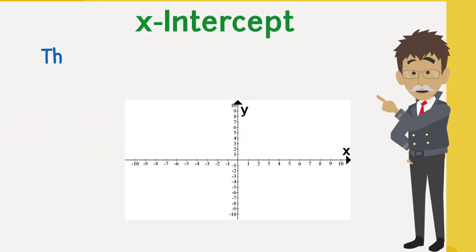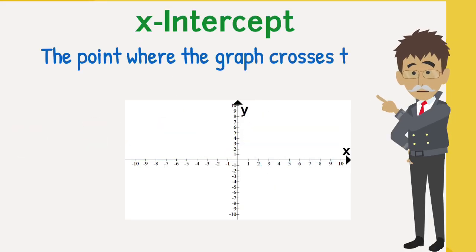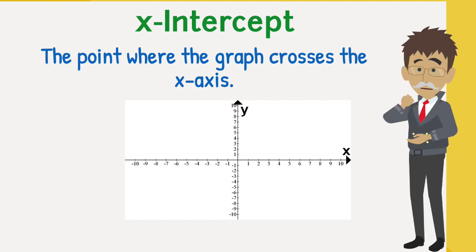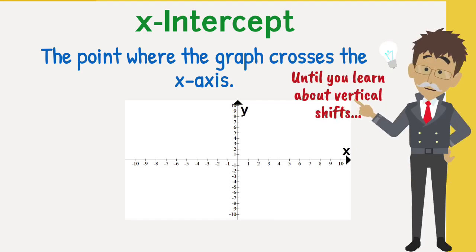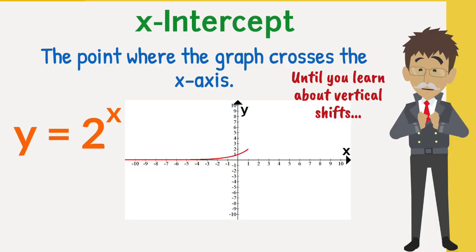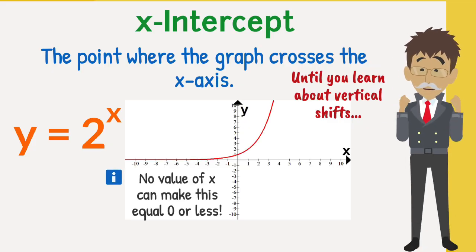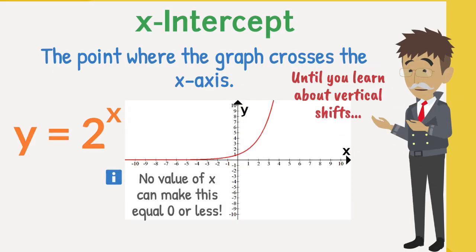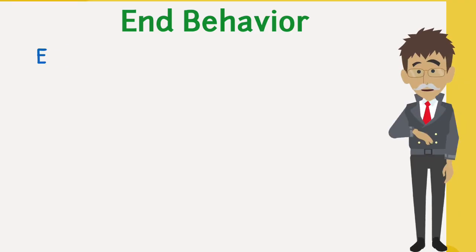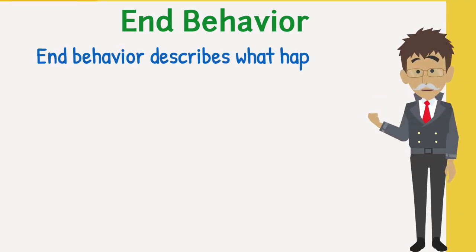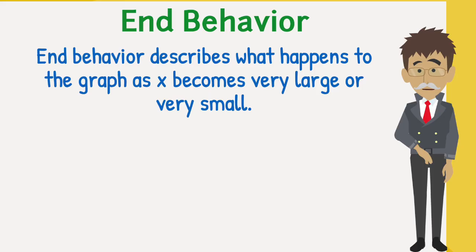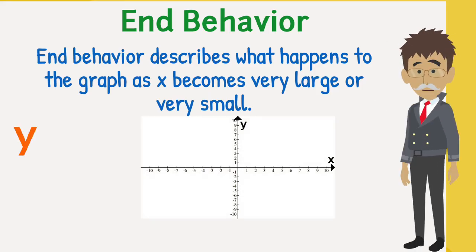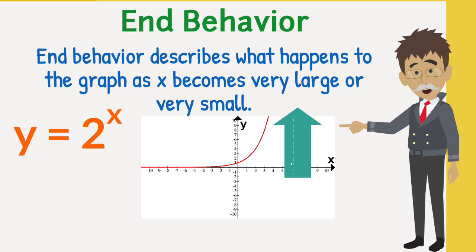X-intercept. The point where the graph crosses the x-axis. Most exponential graphs do not cross the x-axis. For example, 2 raised to the power of x never equals 0. End behavior. End behavior describes what happens to the graph as x becomes very large or very small. For example, for y equals 2 raised to the x, the y values get very large as x